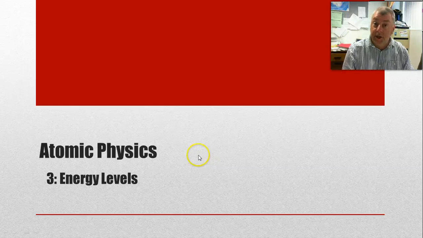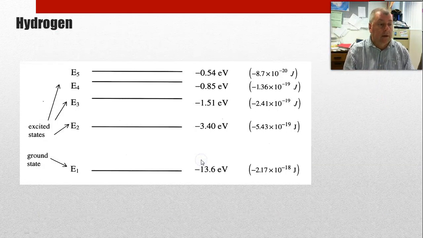Right, let's learn about energy levels in atomic physics. Here is a representation of the energy levels for hydrogen. This is basically a way of representing Bohr's model of the electrons. You have your nucleus here, and then the electrons can only sit at certain energy levels that are characteristic for